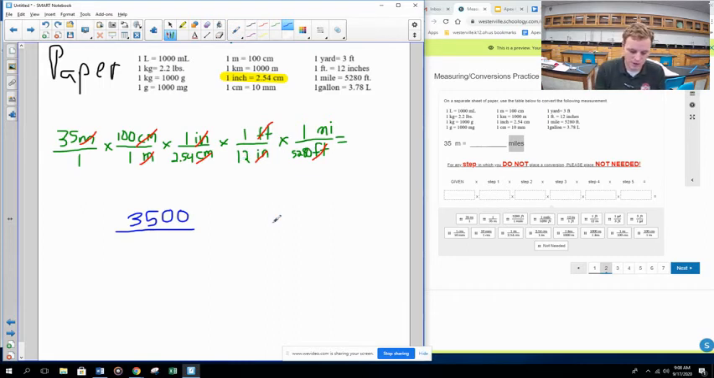So if I plug that into my calculator, 1 times 2.54 times 12 times 5,280. That comes out to be 160,934. Okay, so 160,934. So what I'm going to do is I'm going to take 3,500 and divide that by 160,934. That comes out to be about